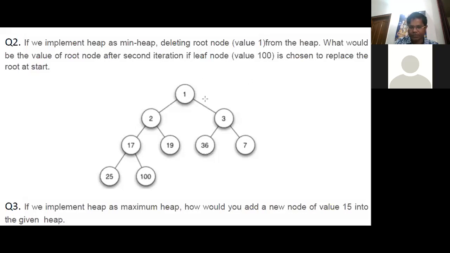So what is the question? In the question, we have been given that this is a min heap, and in the min heap you have to delete the root element, and since the root is 1 here, you have to replace the root element by the last element. The last element here is 100, so you have to replace the root by the last element, and after replacing the element, you have to satisfy all the min heap properties, and by maintaining the property, you have to finally draw the final min heap tree. So this is the second question that you have to do.